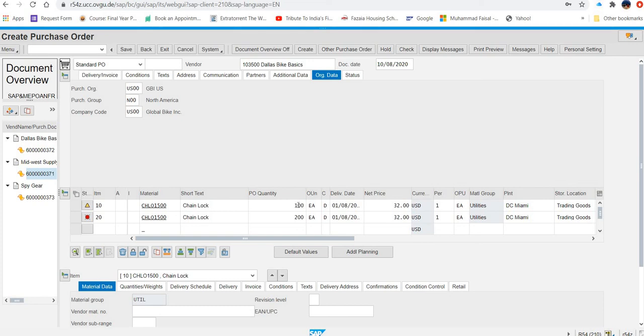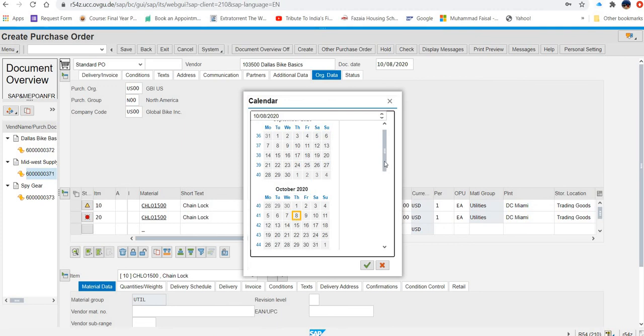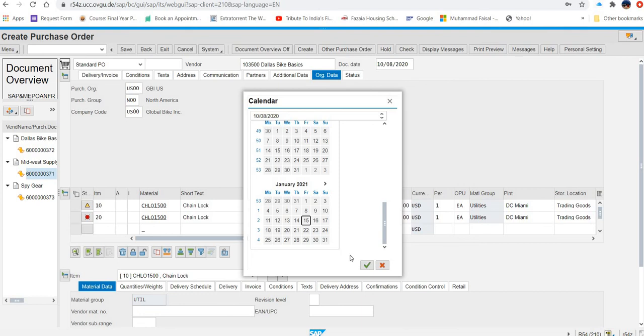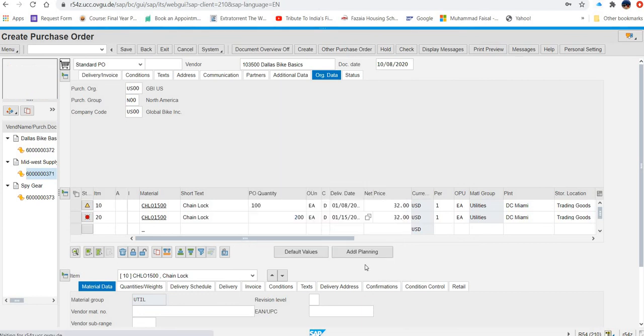Then enter the following data for the second line: 1 week after the first delivery. Okay, 1 week after the first delivery means it is 8th of January, so make it 15th of January. Okay, and then schedule quantity again make it 100.